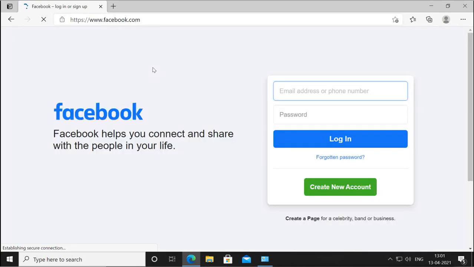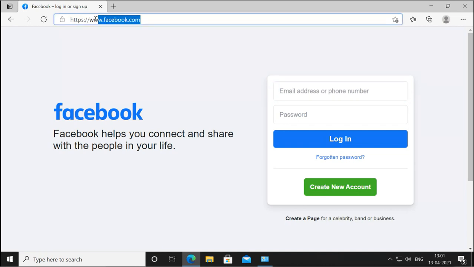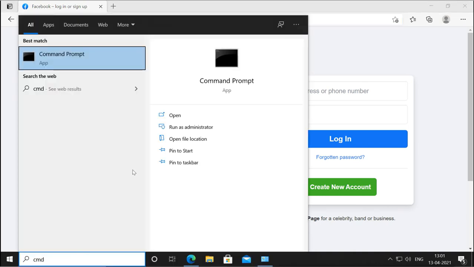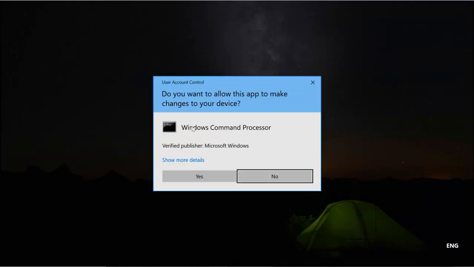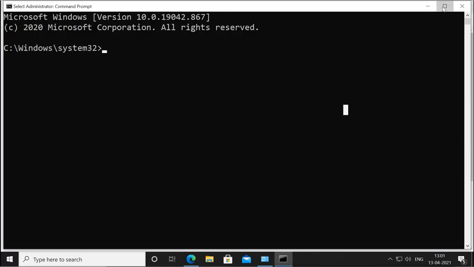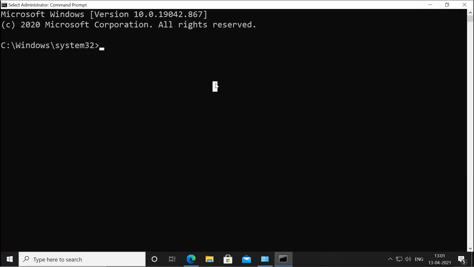Now if you want to check the IP address of this machine, this name, then we can use the ping command. We open the CMD command prompt. I am running as an administrator. Now here, the ping command is used to check the connectivity to the other machine.